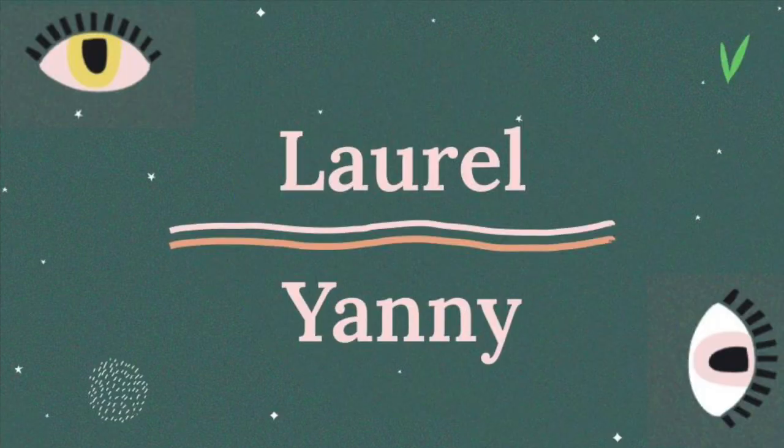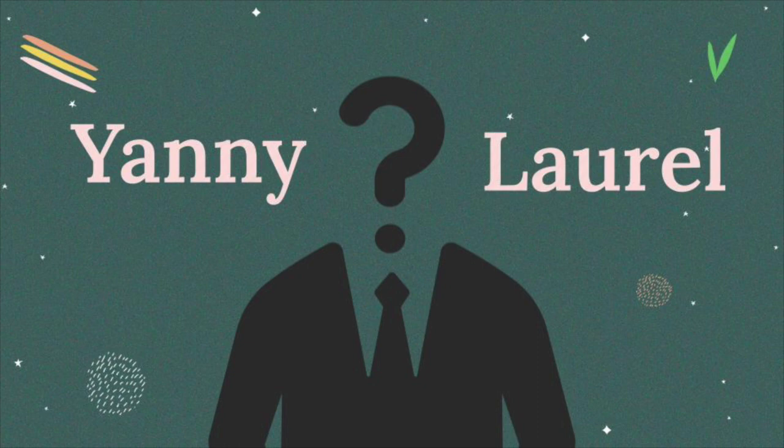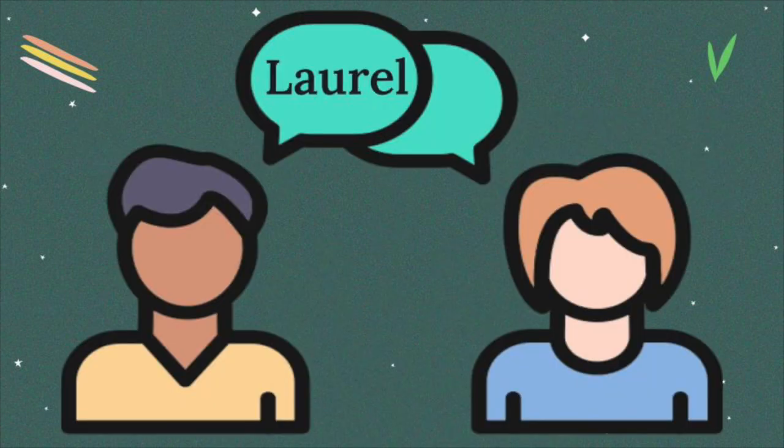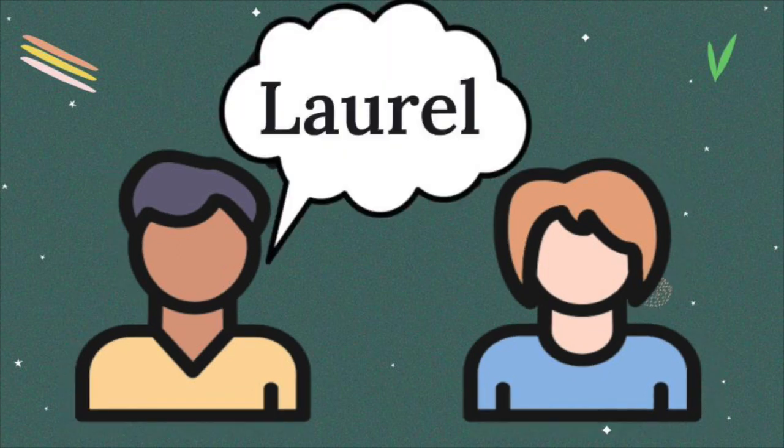Then there are visual cues, which we could see with the person that could only hear what was written on the background stimuli. Then there are expectations, and to test this, we had a stranger come and listen to the audio clip after we told him that it was going to be the word Laurel being spoken. And sure enough, he heard the word Laurel. And then finally, there are surrounding conversations. If you hear a surrounding conversation that has to do with the word Laurel, it makes it more likely that you'll hear that as opposed to the word Yanny.